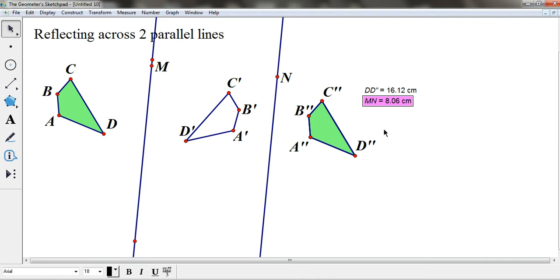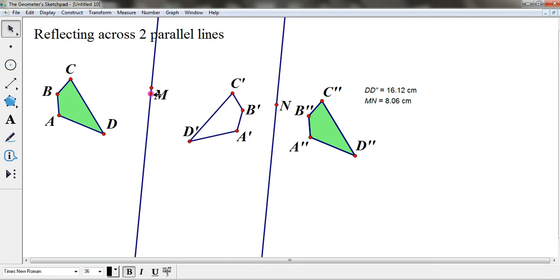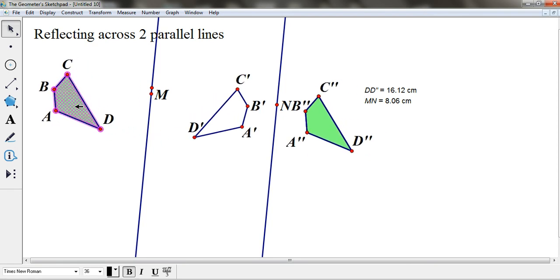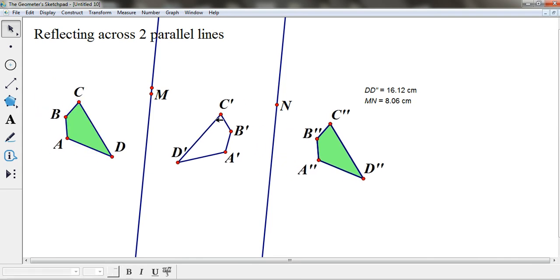Okay, so you can see that 8.06 is about half of 16.12, meaning the distance between the figures is twice as big as the distance between the lines. And the nice thing about Geometry Sketchpad is that if you move things, if you've constructed it correctly, you can see that the relationship stays the same. You can also see here